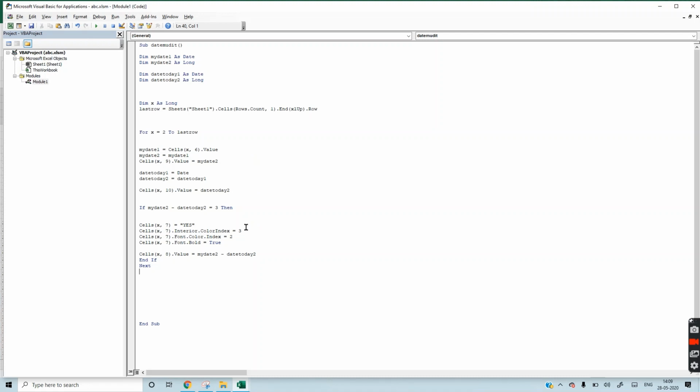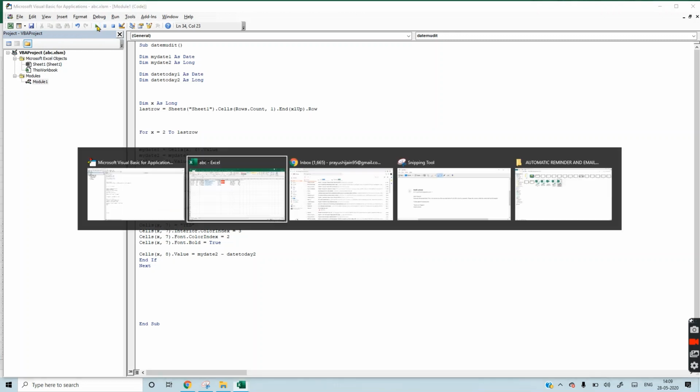Then we will add code for the Outlook application. This is color index. So by pressing this, the code will run.